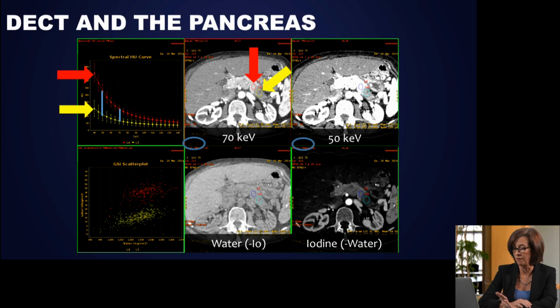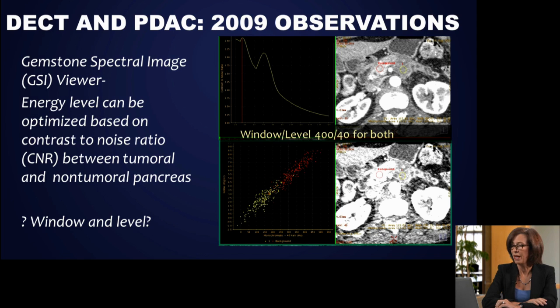The water does have contrast there, but the iodine basically has been electronically subtracted through calculations. And then the iodine image has removal of water. So this represents what people tend to call an iodine map or iodine material density image. So if we look at how we determined that we should be looking at 50 keV images, back in 2009